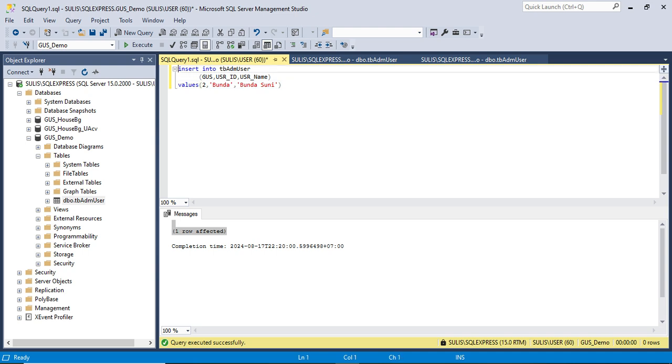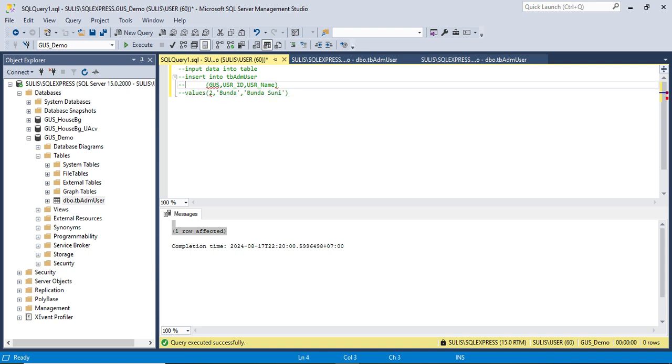The first query is to insert data. To remark a query, use this symbol.